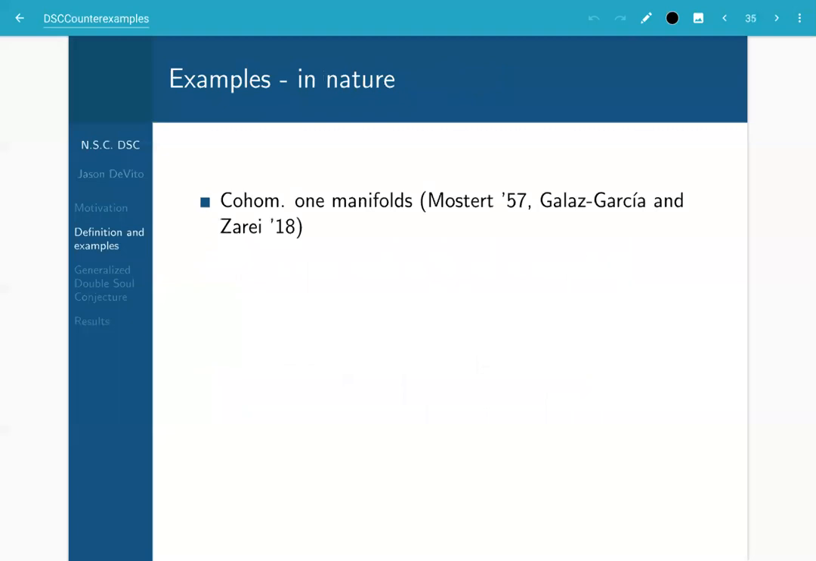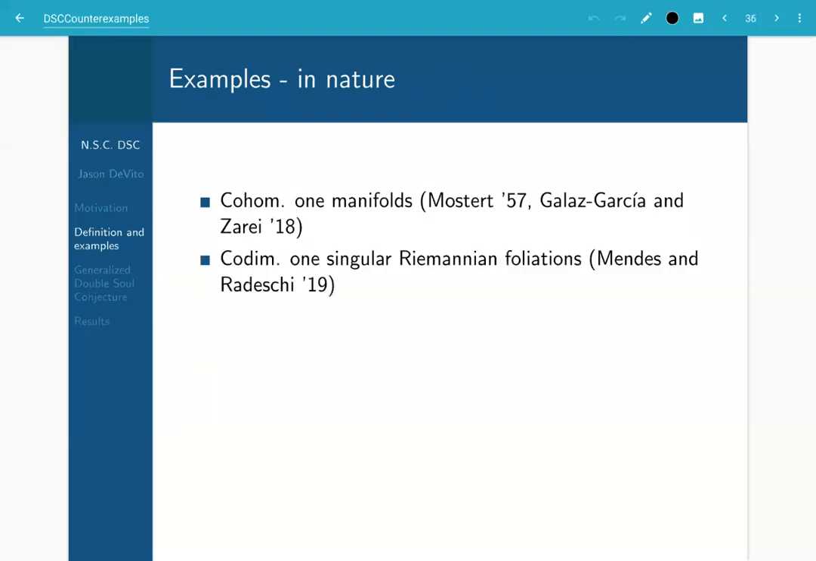And Galaz-Garcia and Zarei found that Mostert's paper had some issues that were corrected by them. So give them credit for that too. All right, so this is for me definitely the primary place where I see double disk bundles just kind of naturally appear. But just to give some more examples,